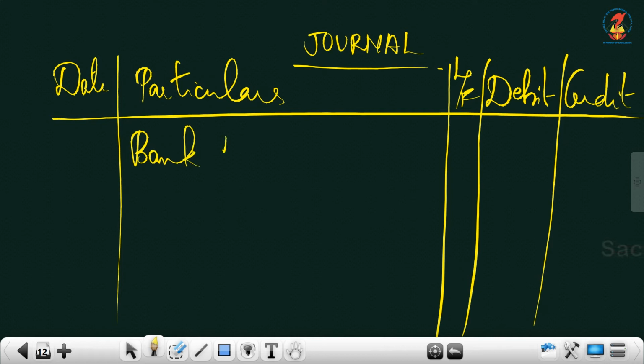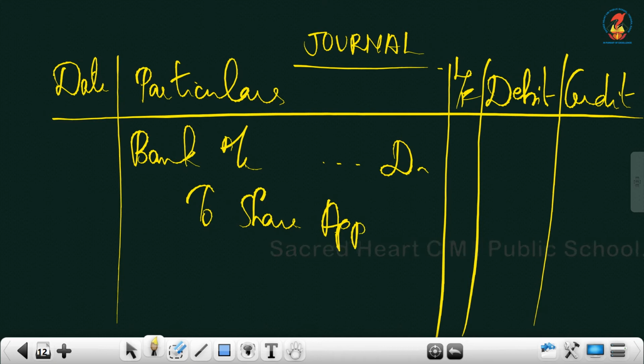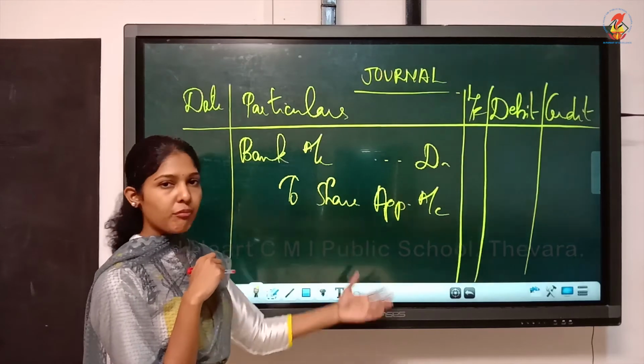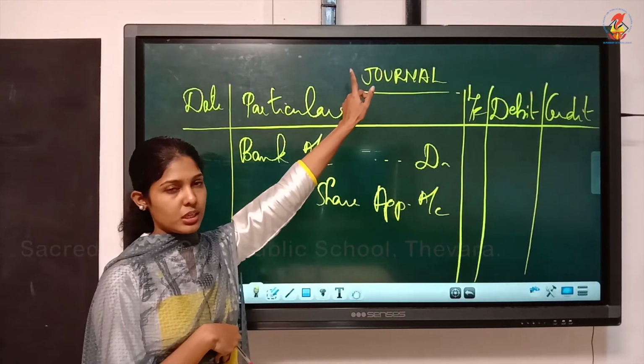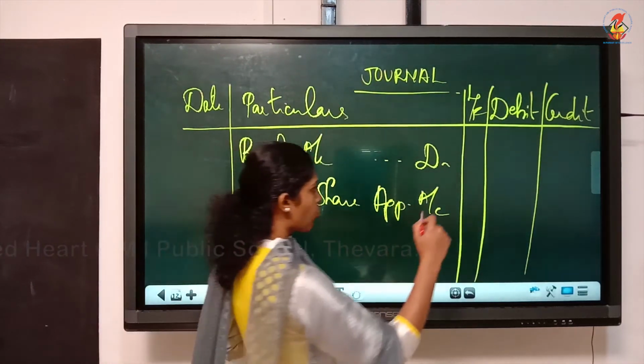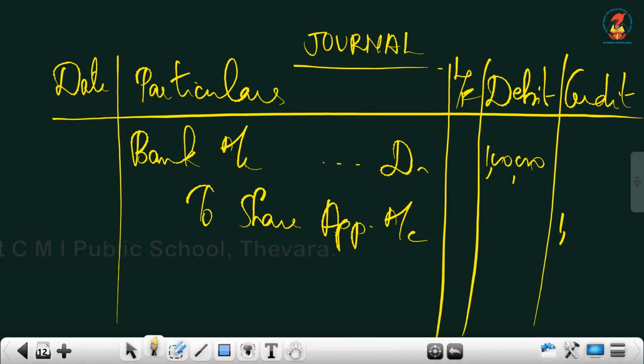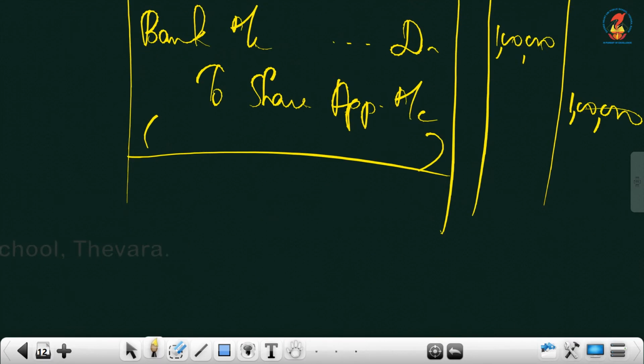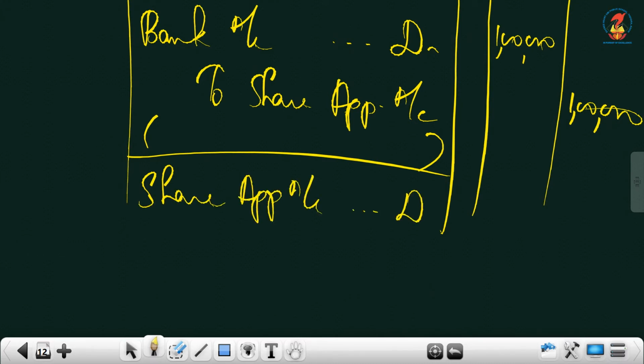First one is bank account debtor to, is it equity share? It's simply shares. So share application account. How much will you write? You don't have to calculate now. Already working note is written. So what is the first amount? It is 1 lakh. You just copy the same. Write the narration. Received application money. Second one, there is no premium here. So you just write share application account.